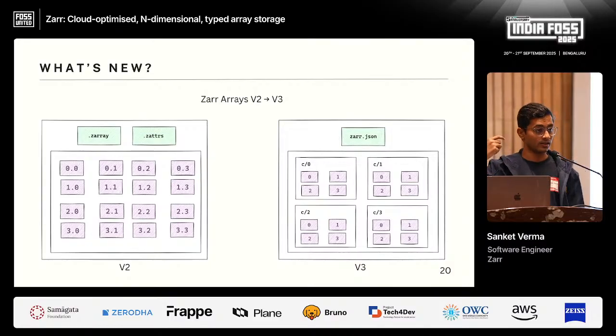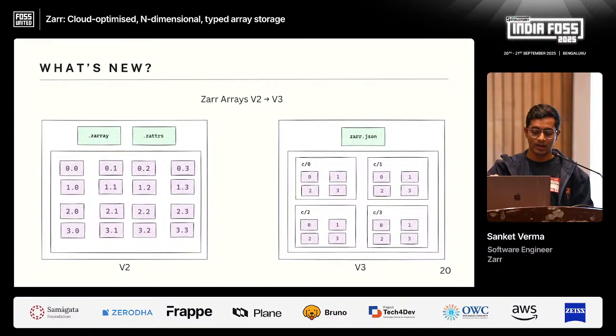And Z address is the custom attribute. So let's just say you created the array, which is data coming out of a Large Hadron Collider, and it contains various information. In the earlier version 2, the metadata files were separate. In version 3, we have consolidated them into Zarr.json, which is a more acceptable form when you're working with